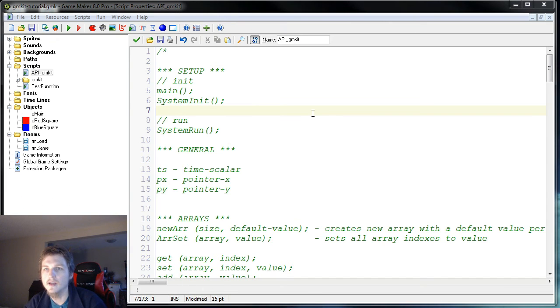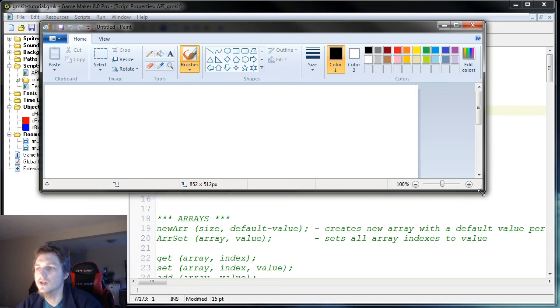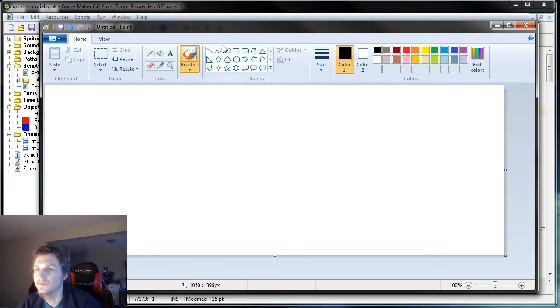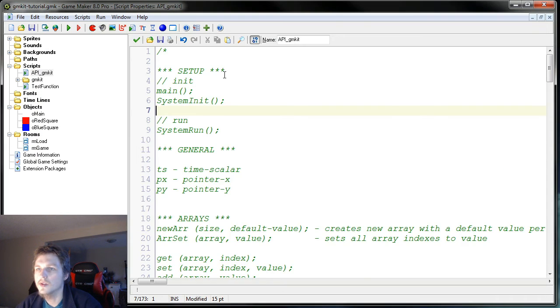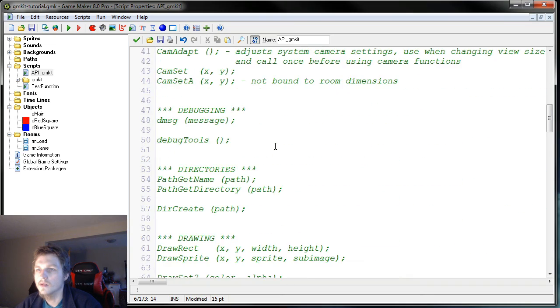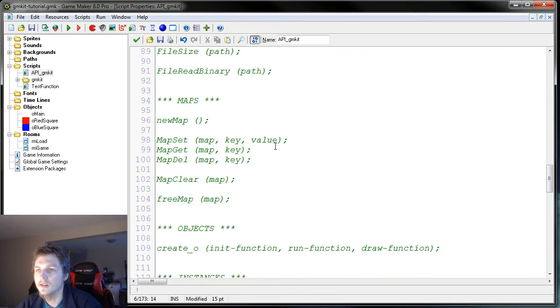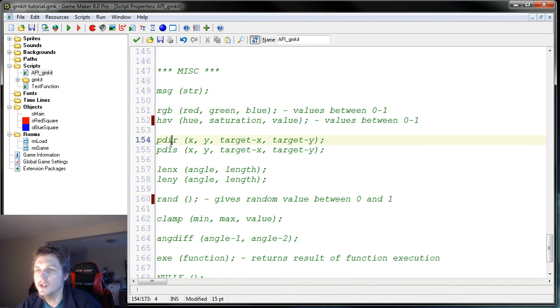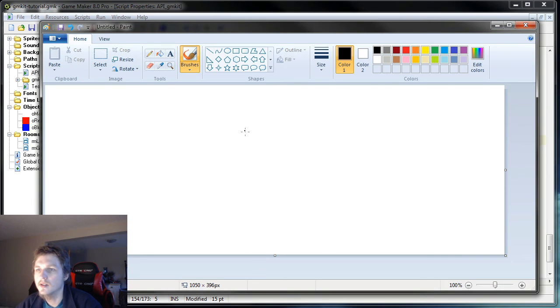I'm going to open up Paint. I'm going to briefly try to explain with a graphic what it means. Okay, so let's go from the beginning. I don't think there's anything here besides that. Okay, so point direction, of course, it's very basic. Let me just change the color there. Direction goes like this: 0, 90, 180,